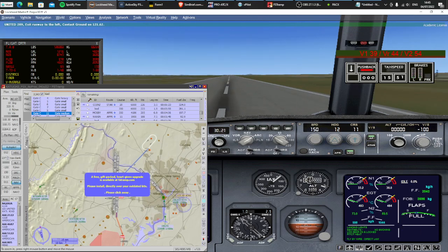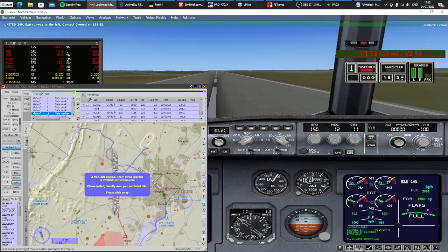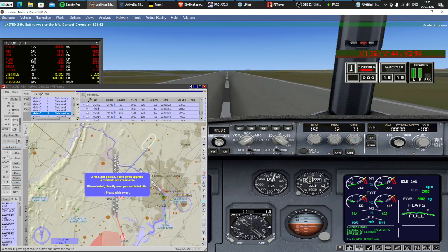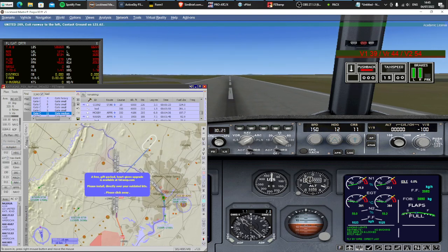Manual braking. Reverse idle. Manual braking. 46 knots. Ignore that. 26 knots. Autopilot master off. Nav lock off. Autopilot can go off. APU starting. Should we do that? Flaps can come up. Strobe off. Landing off. And a warm welcome down to...